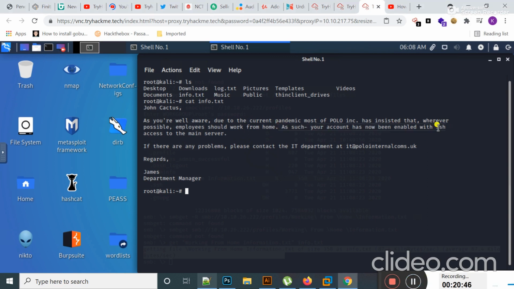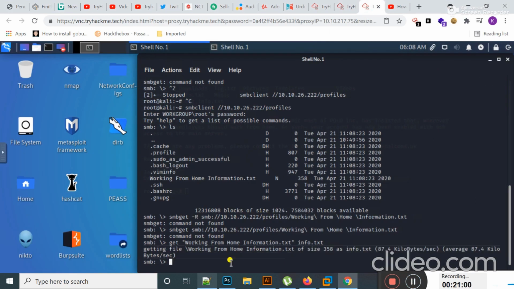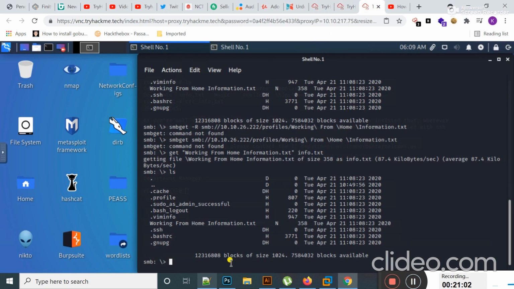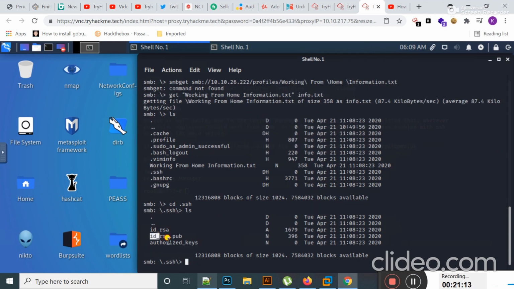Which service has been configured to allow him to work from home? Okay, which service can he actually use in order to work from home? SSH. Actually he can use SSH. Here you can see that as such your account has now been enabled with SSH access. So the answer to this question is SSH.